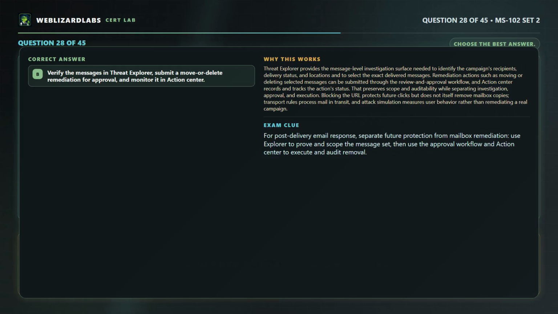The correct answer is B. Verify the messages in Threat Explorer, submit a move or delete remediation for approval, and monitor it in Action Center. Threat Explorer provides the message-level investigation surface needed to identify the campaign's recipients, delivery status, and locations, and to select the exact delivered messages. Remediation actions, such as moving or deleting selected messages, can be submitted through the review and